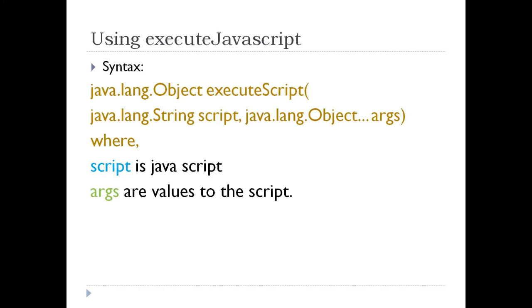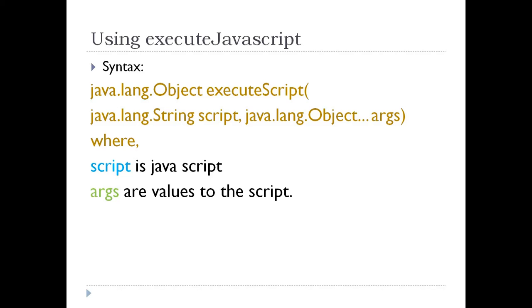Next technique to perform a click on a particular web element is using executeScript. The executeScript syntax is something like this. The return type is Java object, and it requires two arguments.